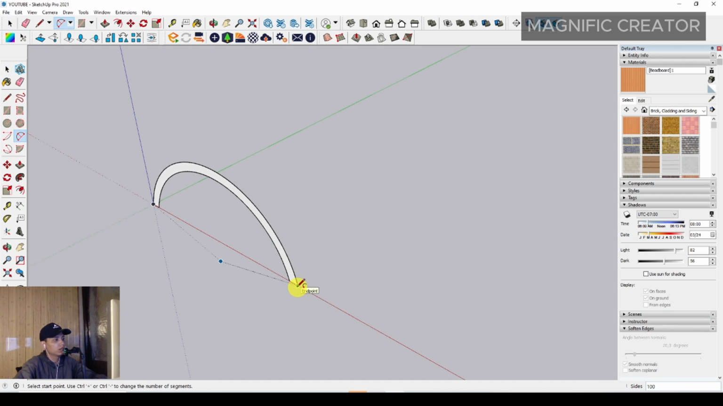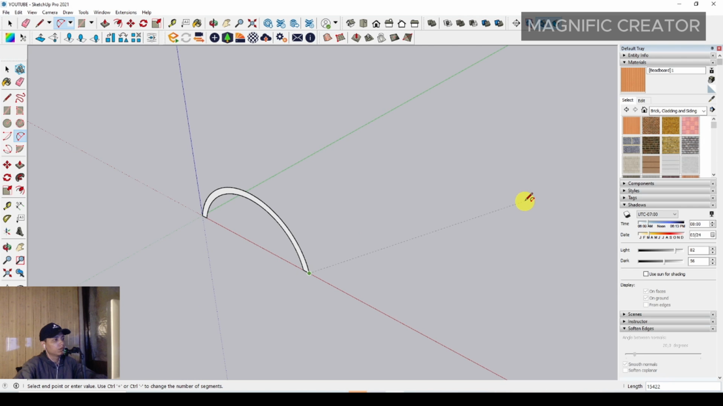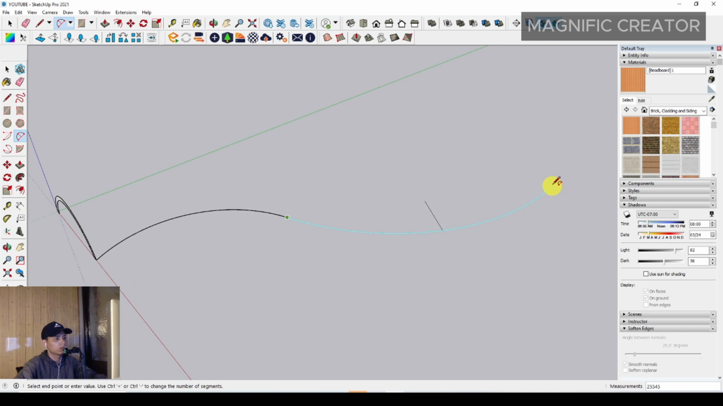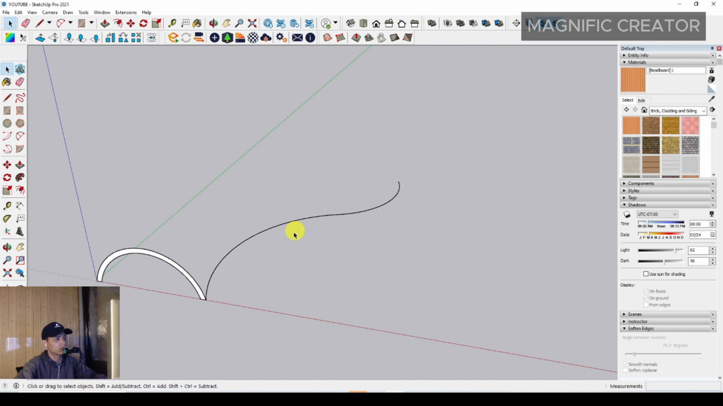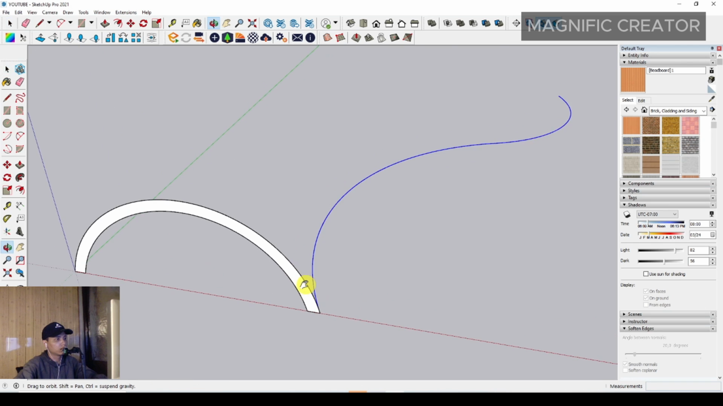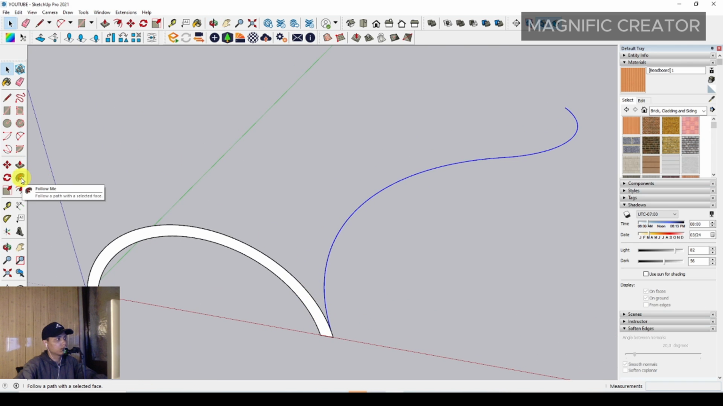curvy line again in here. Then we can set any position as we want, something like this. Then we can continue to make a curvy line. Okay, something like this, and then we can select this curve line, and then we can just use Follow Me